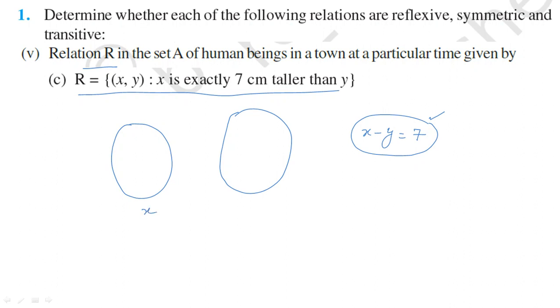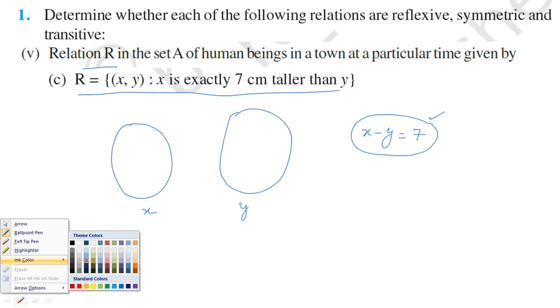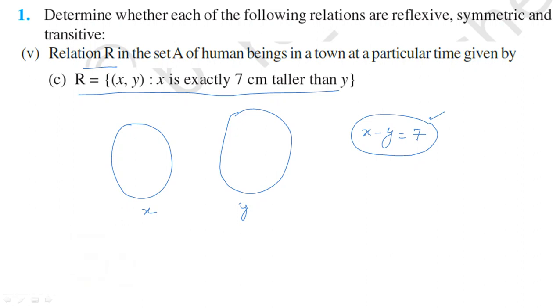First one is X and second one is Y. If I am talking about these values, now this one is first set and this one is second set. If I am taking any value, let value of X is equal to 20, 30, 40, 50, you can take any value.